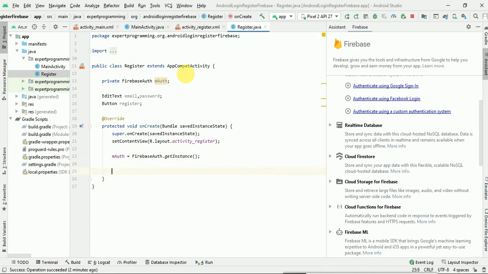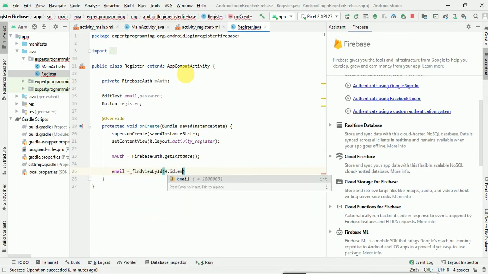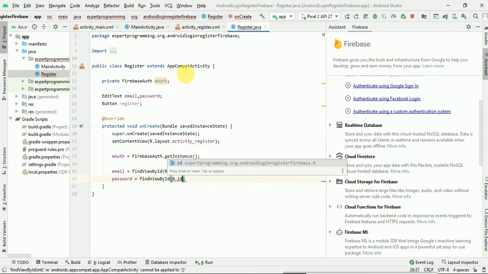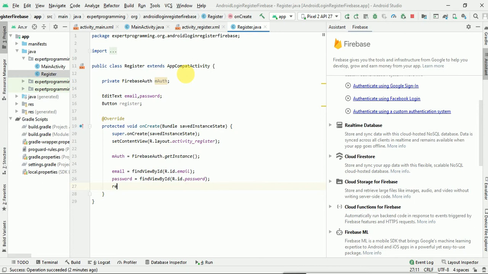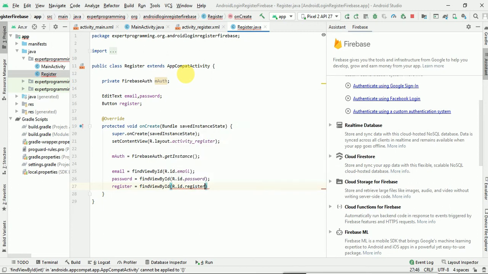Now I will give the reference: email equal to findViewById R.id.email, password equal to findViewById R.id.password, register equal to findViewById R.id.register. Then what we will do next is register.setOnClickListener, new OnClickListener.